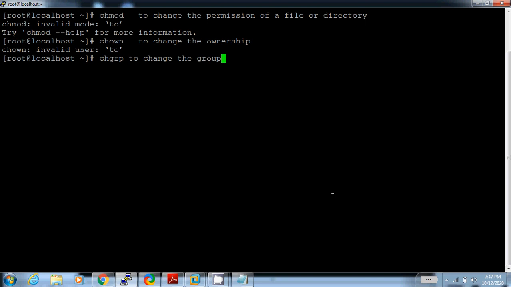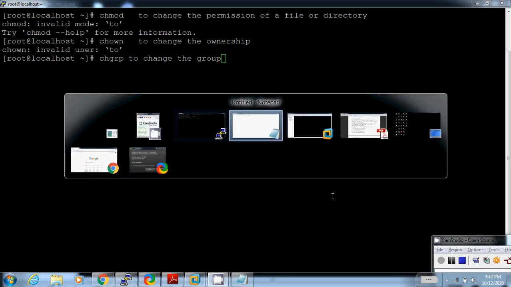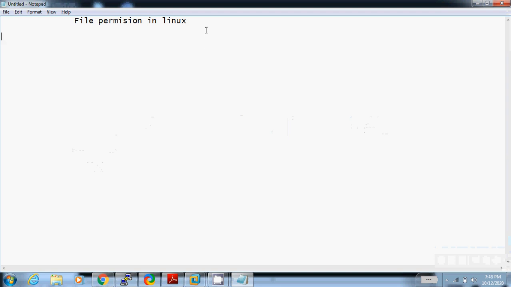In Linux operating system, there are various types of user. I already discussed in previous lecture. There are three types of user. One is super user, second is service user, and third one is normal user. In case of permission, if you are logging in with super user, it means login with root.